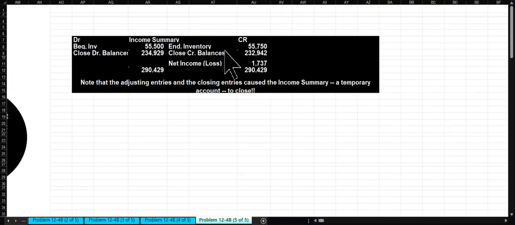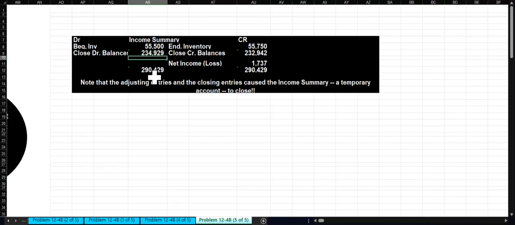This is what the income summary account looks like after we have made all of those entries. See the first entry that we made when we were closing out the beginning inventory? We credited the inventory and debited income summary. Then we recorded the ending inventory, so we debited inventory and credited income summary. And then we made the entry to close out the accounts with credit balances and to close out the accounts with debit balances. And then when we look at the two sides, we saw that the debit side was larger,